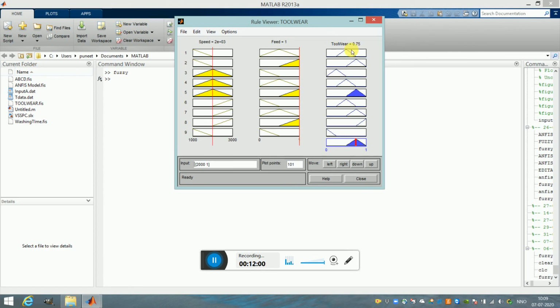This will be the wear, and so this model will be able to predict the tool wear when you are changing speed and feed. So this is the big picture. Now basically you have created a fuzzy logic model which will predict tool wear when you change the inputs, when you change the speed and feed.